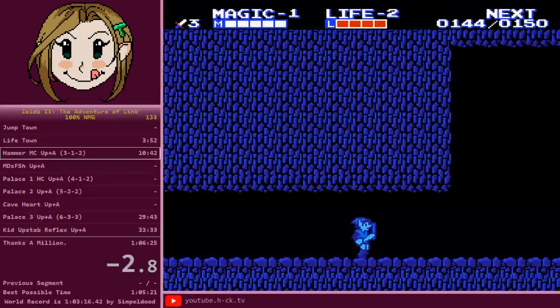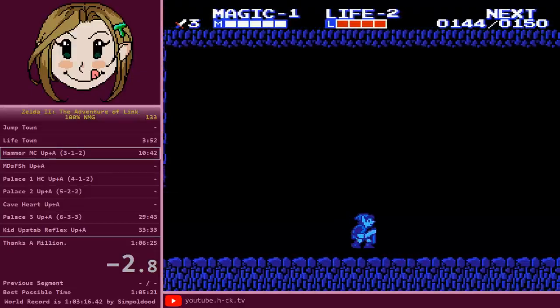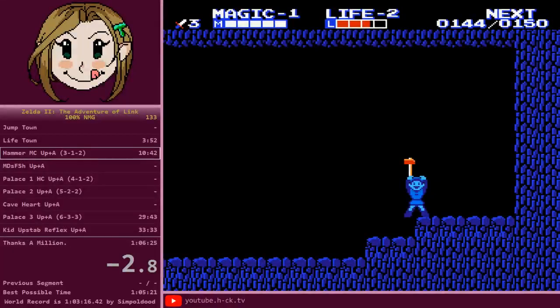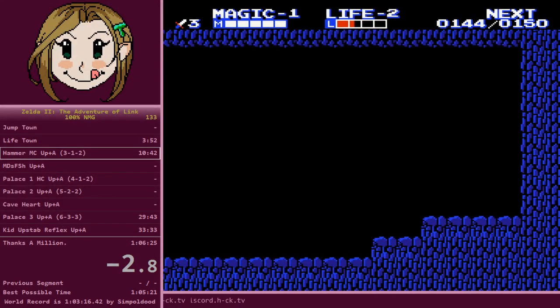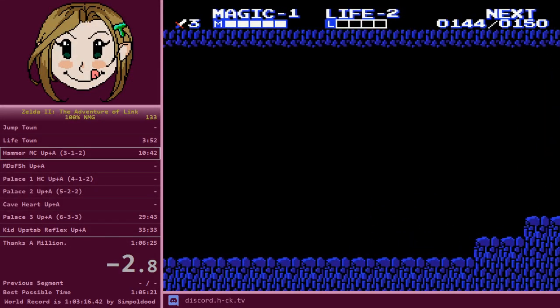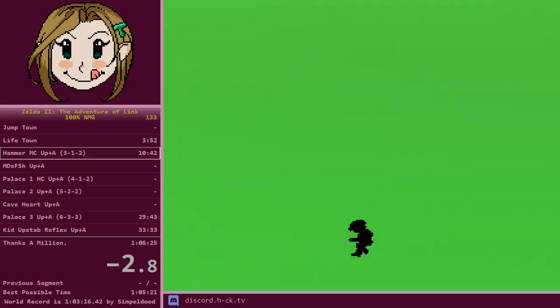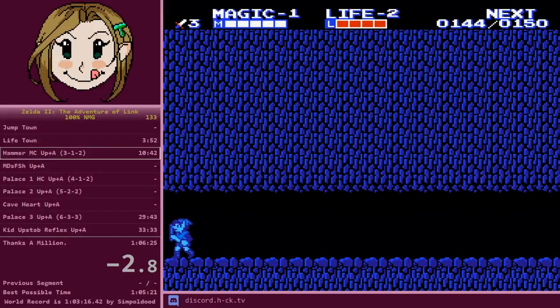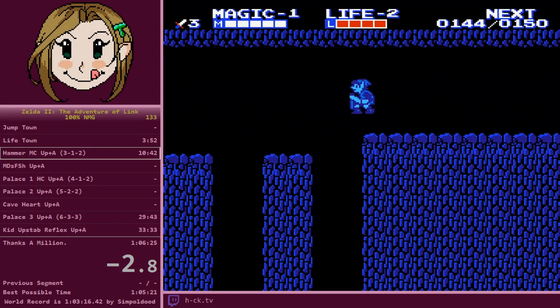So after we get the hammer, get the hammer, step down. Normally you'd probably actually want a little bit less health there. So now, on our way back out,